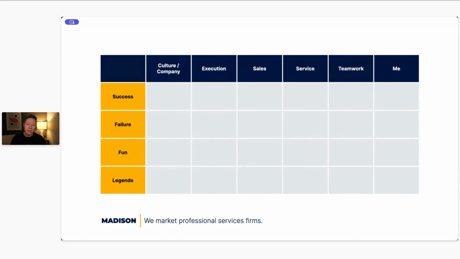But the problem is a lot of those stories are just resident in people's heads. And so his insight was, well, what if we could get those ideas out of their heads and onto paper and share that with the rest of the firm? And so he created this tool called a story matrix. It became the basis of that book. It also was the basis of a bunch of workshops that he facilitated for very large sales organizations around the country and around the world, and was ultimately instrumental in helping him land his job at Kellogg.